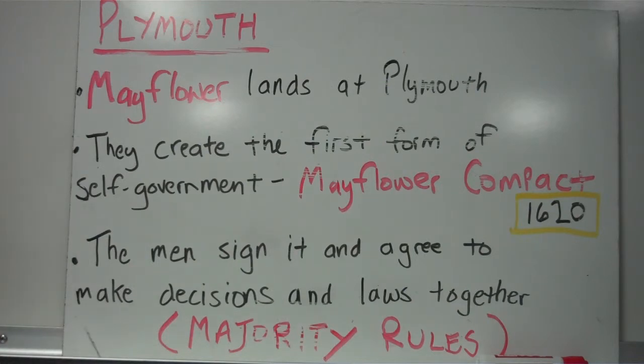Now let's talk about a different colony. With the success of Jamestown, of course, word spreads, and so other people in England want to go because they want to do all those things, again, that we talked about, the 3 G's. God, so promote religion. Again, they're searching for religious freedom. If you remember, you had to be an Anglican in England, and the king ran the church, and if you did not agree with the king, you could be punished. And so many people left for religious reasons.